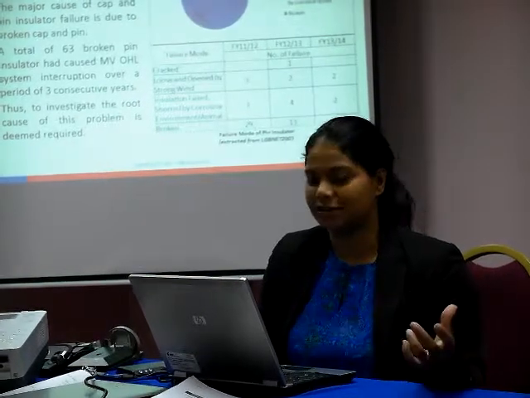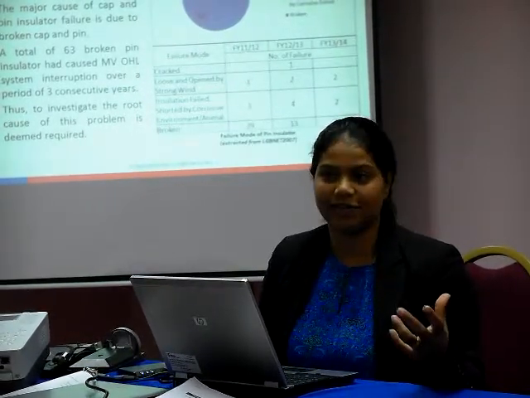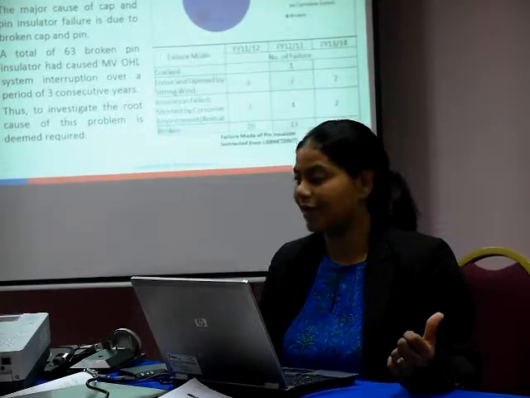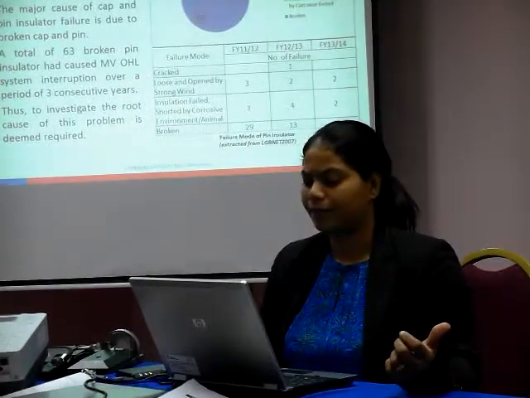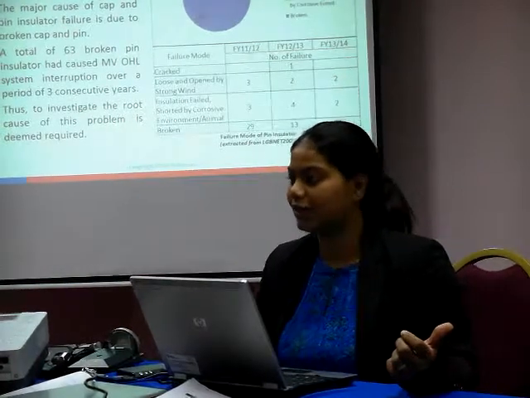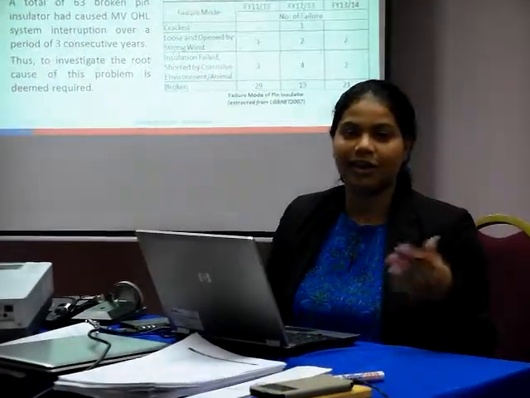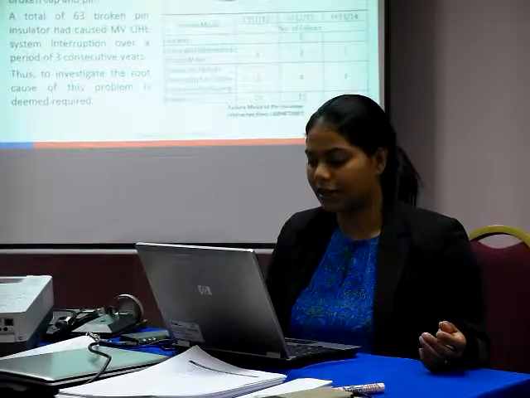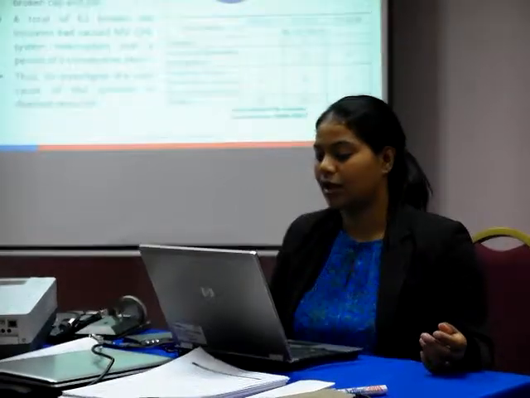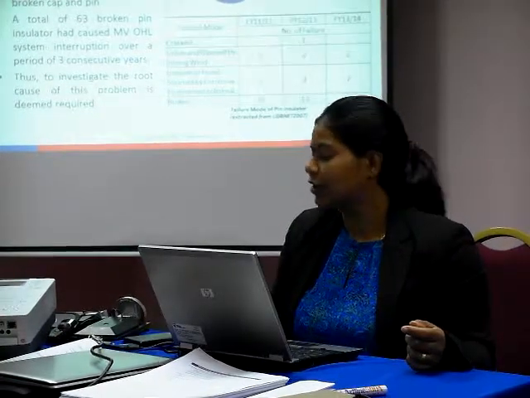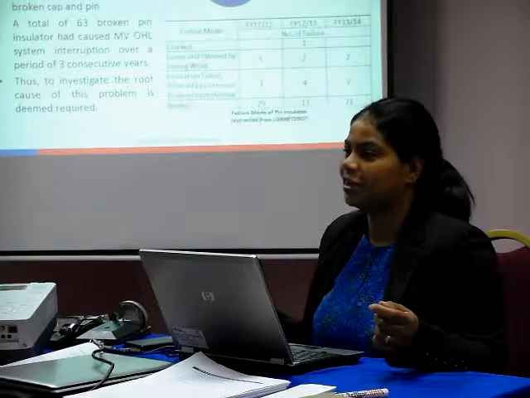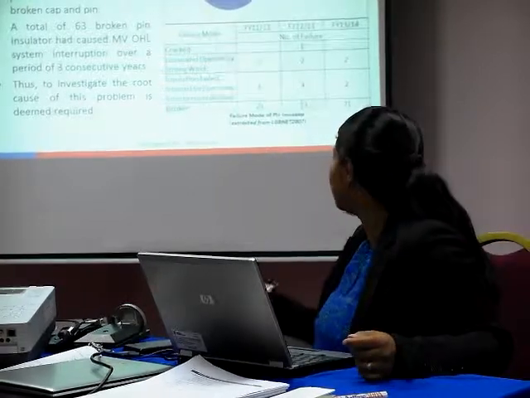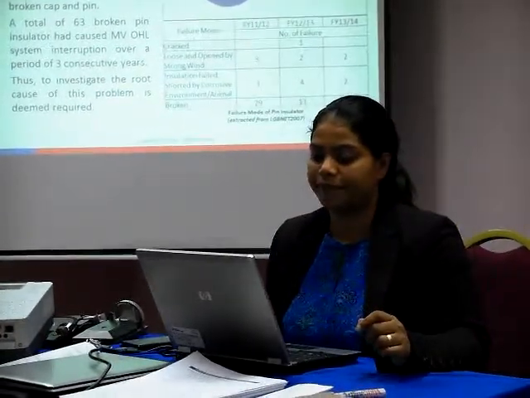what are the complications for this cap and pin type of insulator in PNBD? From the statistics, as you can see, when this cap and pin type of glass insulator over time degraded, it will cause unplanned outages. So from the statistic, number of failures in financial year 11-12 is 29. Okay. And financial year 12-13 is 13. And financial year 13-14, there are 21 cases of glass and pin